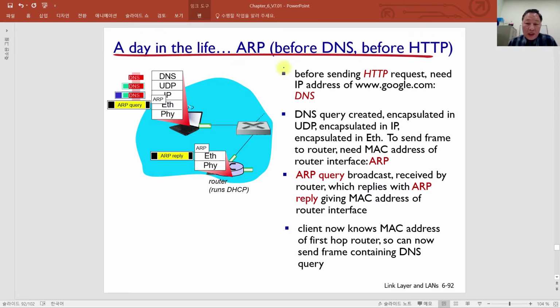The next step is using ARP. Before sending the HTTP request, we need the IP address of google.com, and DNS will provide that IP address. Thus a DNS query should be created to resolve the google.com IP address. That DNS query will be encapsulated in UDP, because the application layer protocol DNS is using the UDP protocol, and that will be encapsulated in IP here,